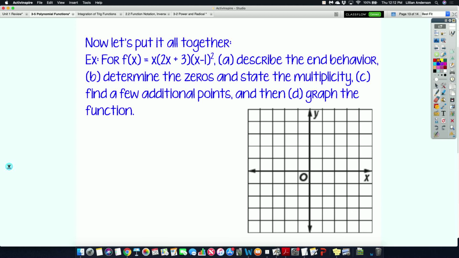For f of x equals x times 2x plus 3 times x minus 1 squared. That's a polynomial function. It's already factored. Okay? So, if you look at the degree of each one of these factors, you have an x, that's a factor, that's a degree of 1. 2x plus 3 has a degree of